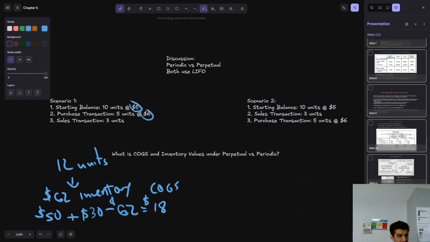Okay, so $62 inventory and $18 cost of goods sold for periodic. For perpetual,